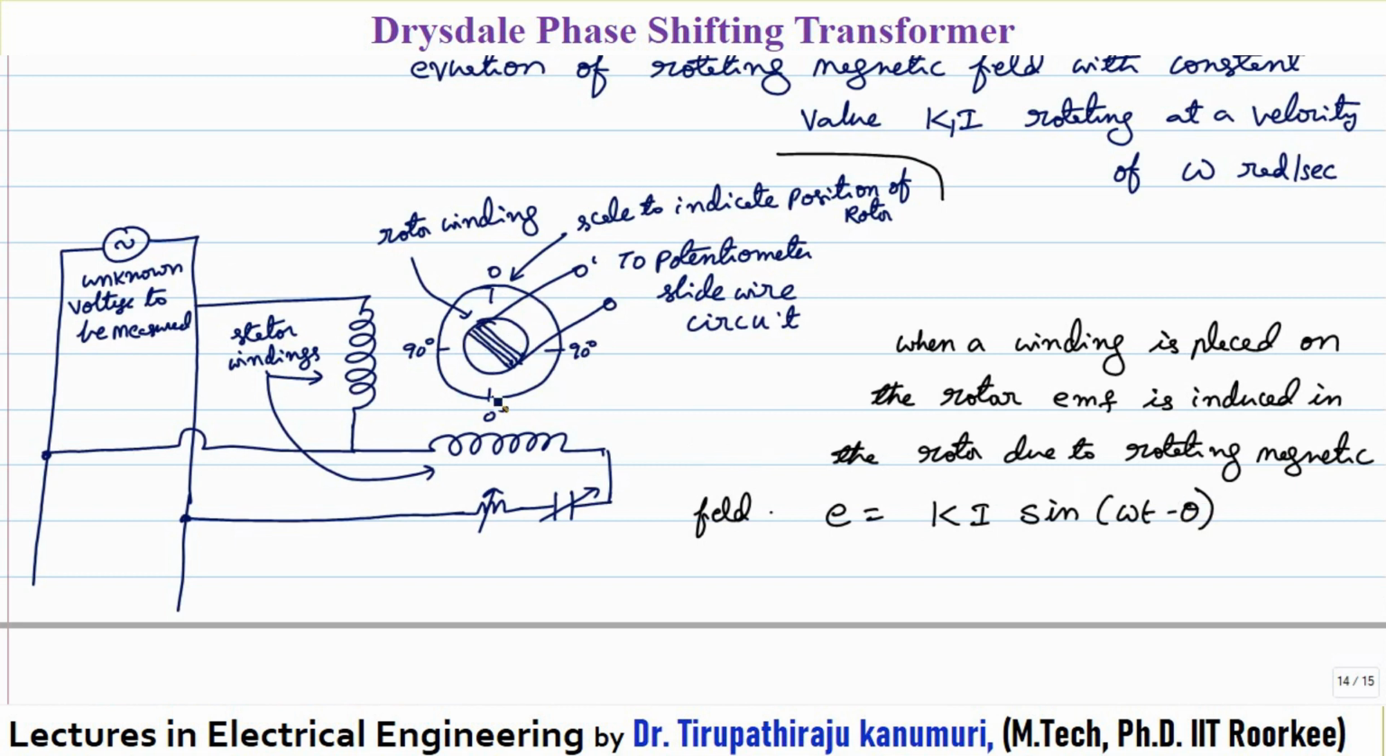In order to know the value of theta, a scale will be provided on the rotor circuit. Depending on which particular location you keep the winding, we can directly read the angle. Like if the winding is kept here, it is 0; if it is kept here, it is 90. In that way, we can easily measure it. So